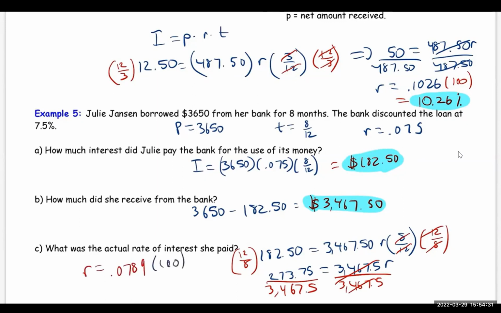Don't forget to multiply by 100 to convert that to a percent. So it's going to be a 7.89% interest rate. So actually it's higher than what's indicated. They indicate 7.5, but in reality it's higher because you're paying